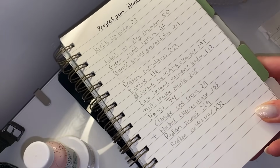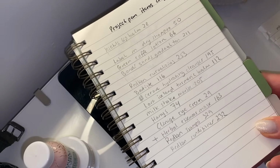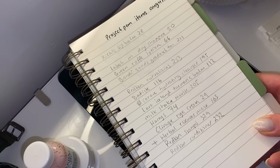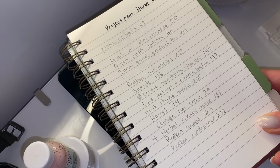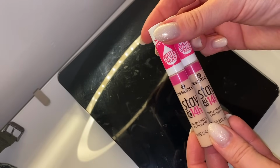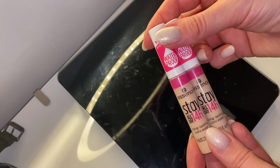Okay, so now I have all of the products written down with the weights of the skin and hair care that are going in the Project Pan for August to focus on. And next, let's do makeup. Okay, so first of all, I do want to put these two in the project because these are getting quite